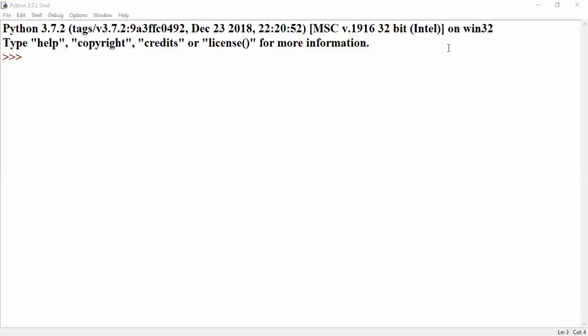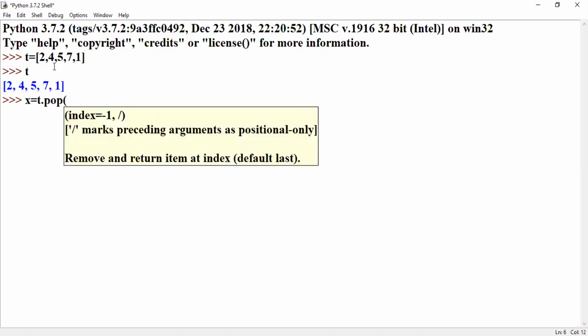Say for example, now we have a list. For example, we'll be having a list T equal to say 3, 2, 5, 7 and 1. So T, we have these many in the list. Suppose we use the pop method. I'll say X is equal to T dot pop of, if I say 1,